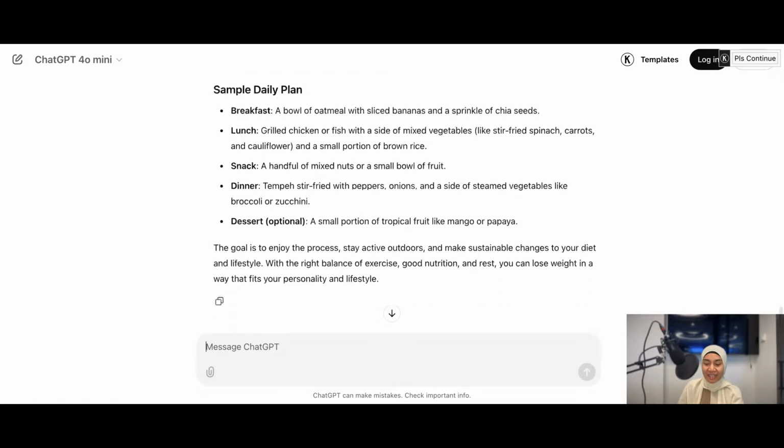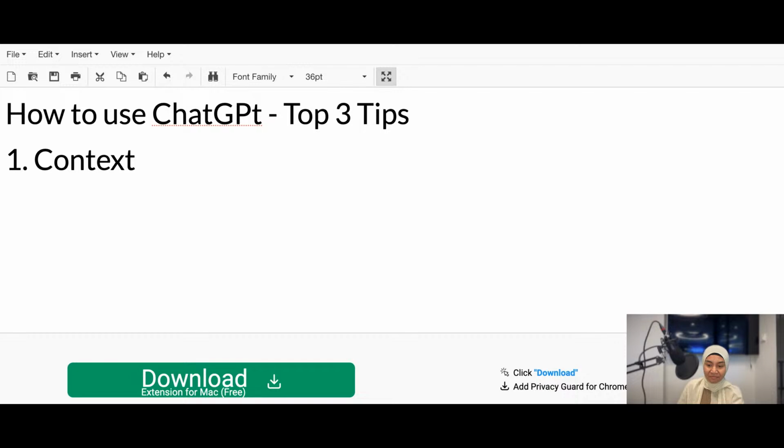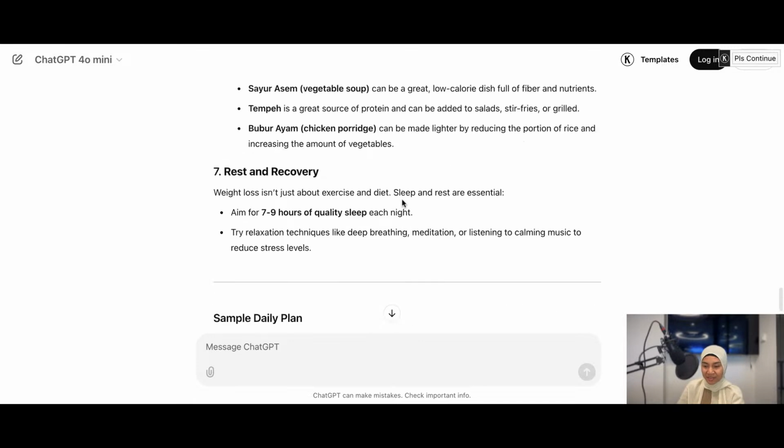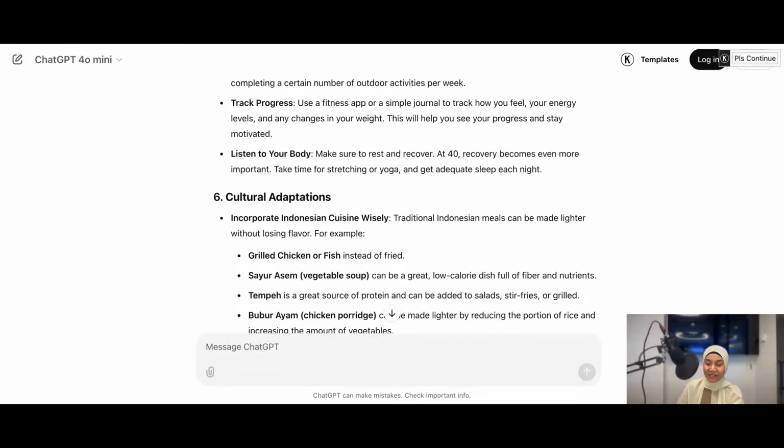But let's say I want to now share the next tip, which is give it parameters. So I'm just going to write that down. So next tip is give it parameters. So what do I mean by that? So basically I want to give it boundaries. So because this is everything. So let's say